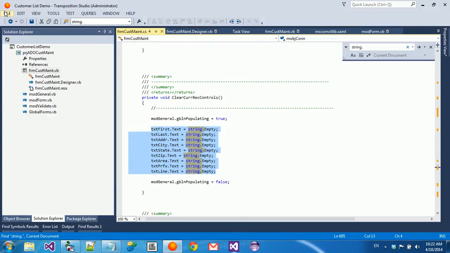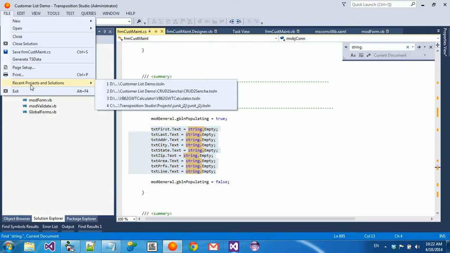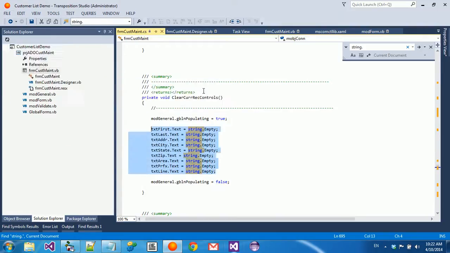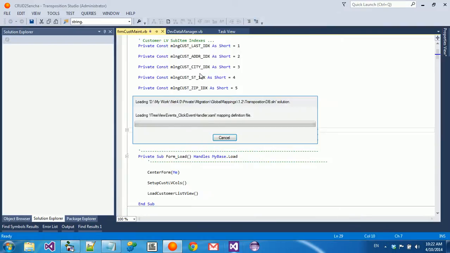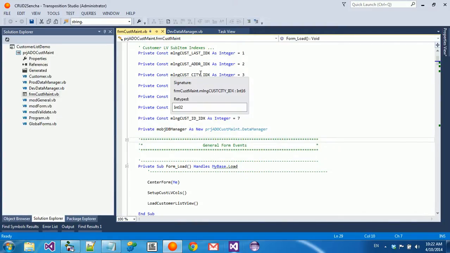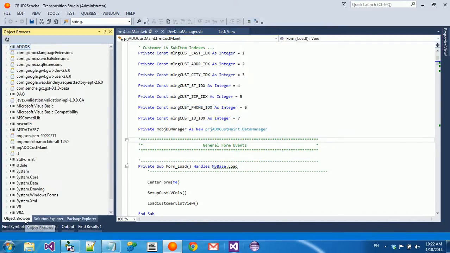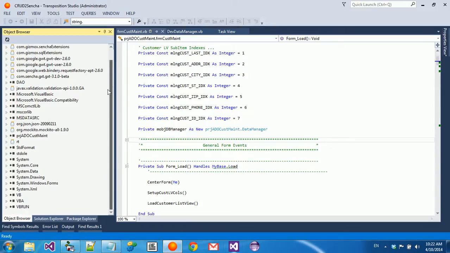So let's open a different solution. This time I will open the crew to Sencha solution, which is not done in .NET, which is the same application, but now we're taking that application into Java, and I'm going to show you a bit of the differences in this application. First of all, if we go here to the object browser,